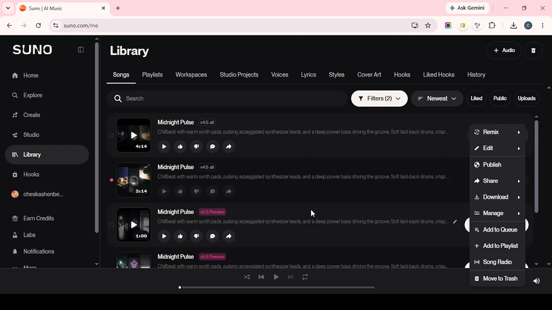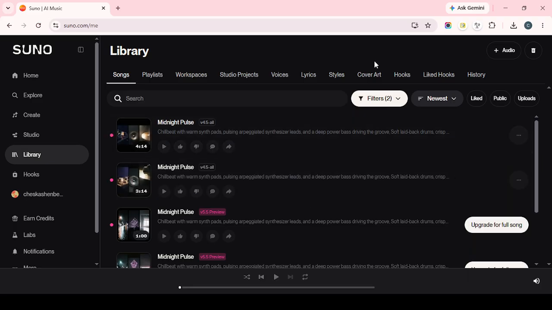Depending on your device, the file may save to your Downloads folder, your Files app, or your default media storage location. If you don't see it right away, give it a few seconds, and then check your phone's file manager or downloads area, and that's it. Open Suno, go to your library, tap the three dots beside your song, choose Download, and select Audio as an MP3. It's a quick and easy way to keep your music